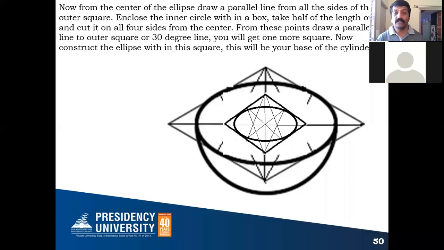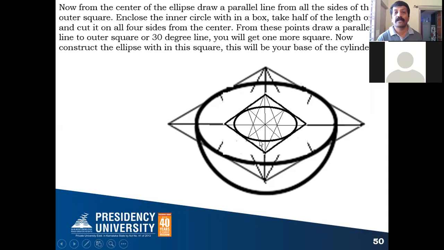Now, from this center, you have also enclosed the inner circle within a box, right? You take that box dimension, it's a square box, correct? Half of that you take, convert that into isometric scale, and cut it on all four sides of the 30-degree line.